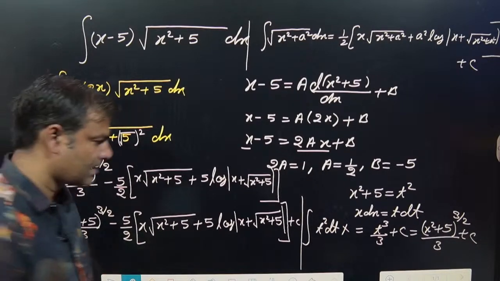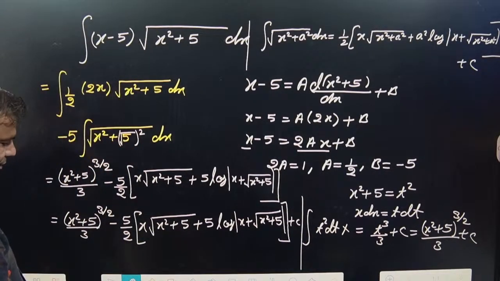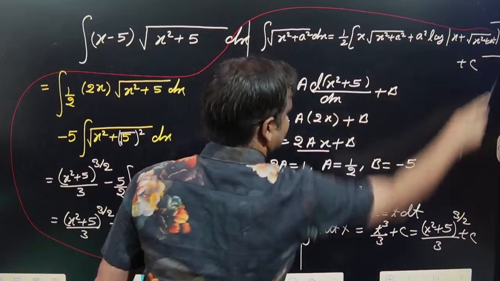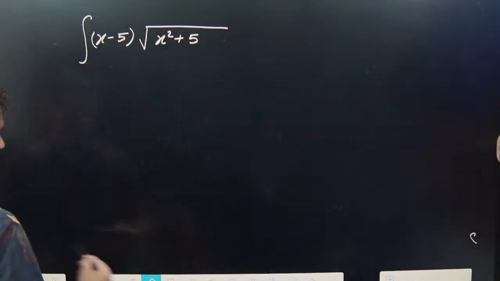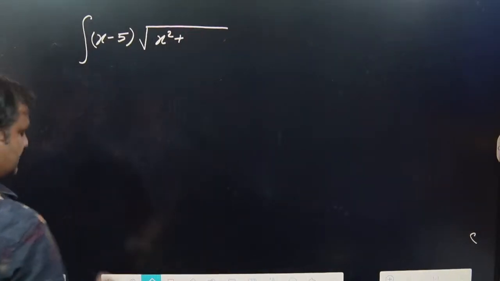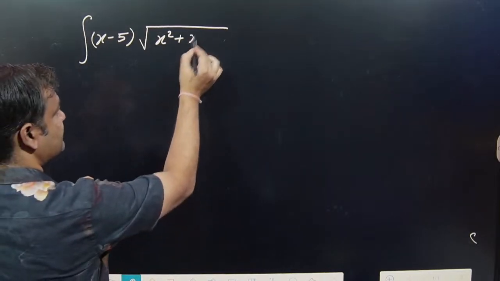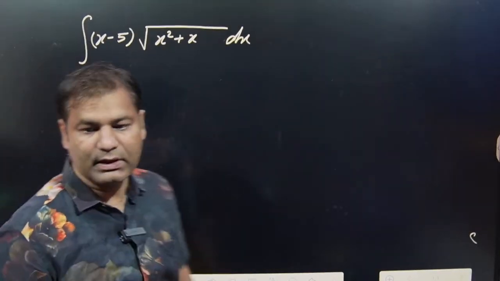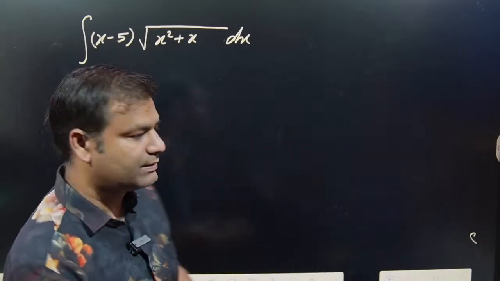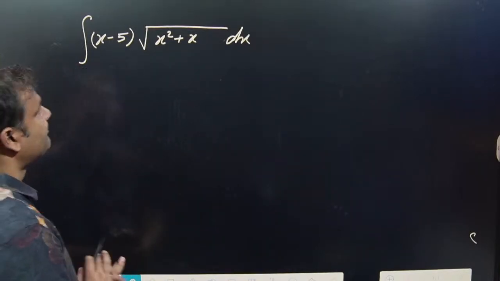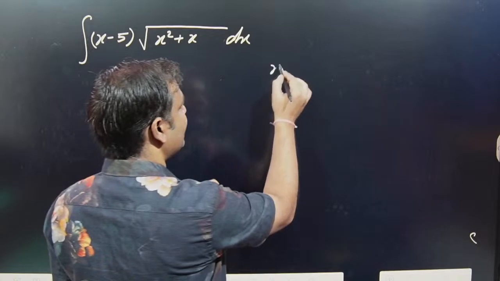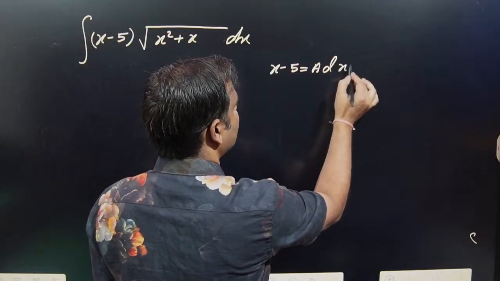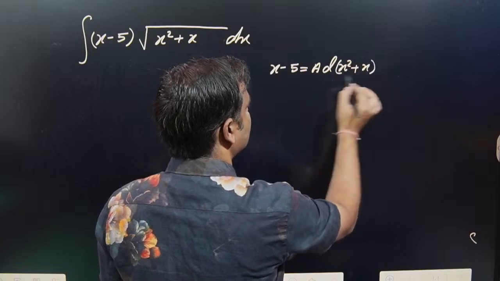Also clear? Now, after that, if this one is changed, suppose that is x dx, then how can we solve this type of problem? Okay, simply look here. Again, x minus 5 is taken as a into the differentiation of x square plus x with respect